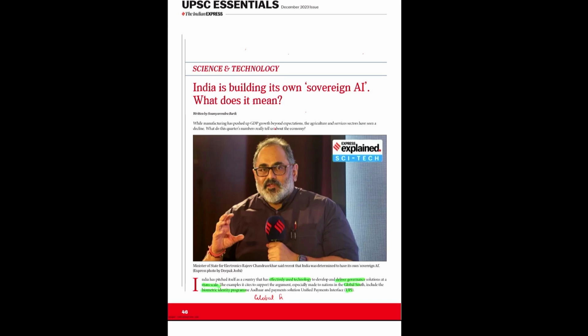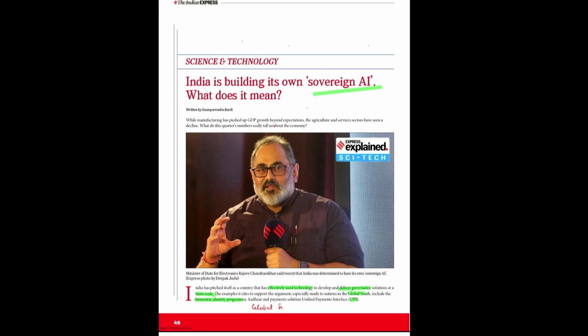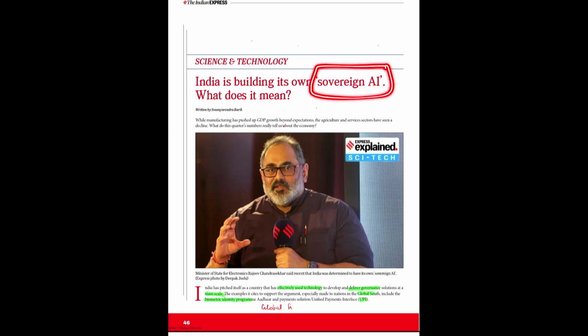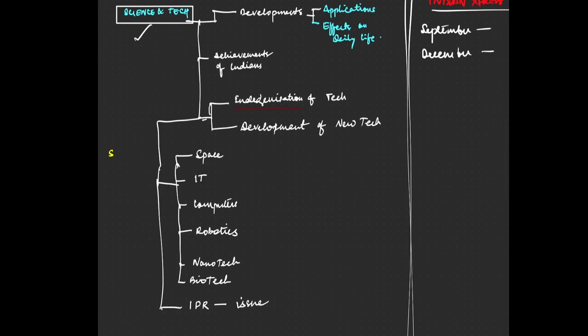So this is an article on sovereign AI. Now, if we look at the science and tech syllabus, the topic falls under multiple keywords here: indigenization of technology, development of new technology.